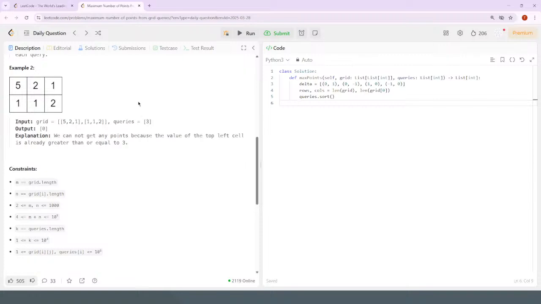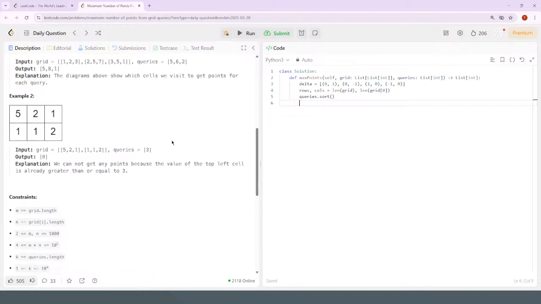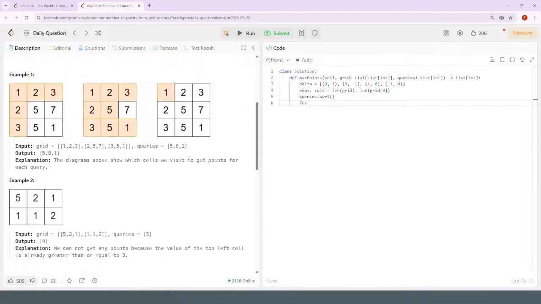I wonder if I should sort by, no, all right, let's just keep going. So we're assuming that they're increasing in value like 2, 5, 6. So if it's a 2, then